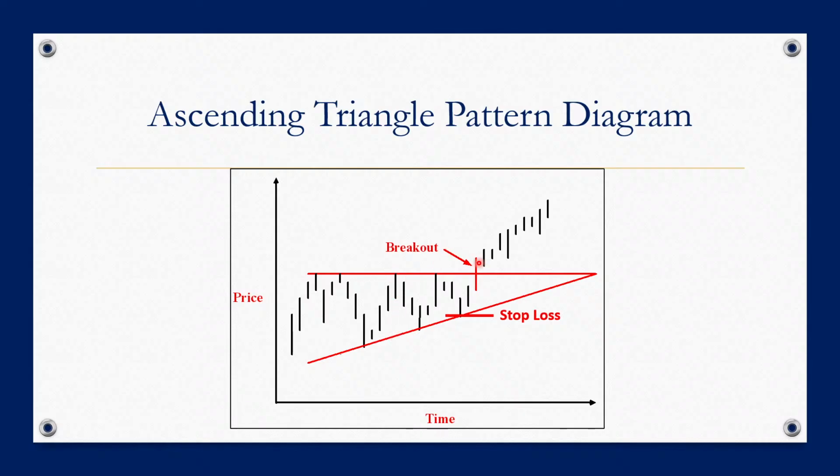I add $10 to the closing price of the breakout candle, and that is where I would set my profit target. So if, let's say, the closing price of the breakout candle was 32 bucks, then I would have a profit target of 42 bucks. Okay? All right, let me get back to